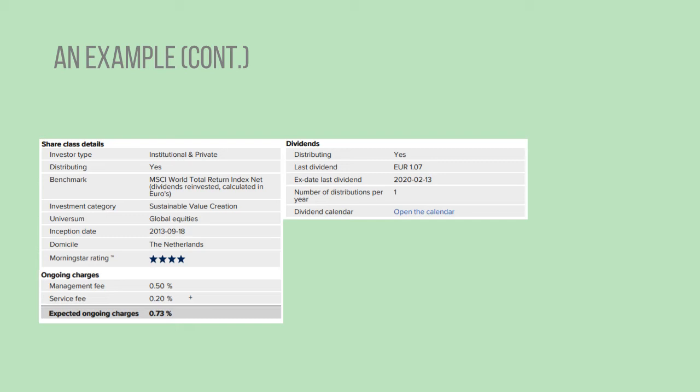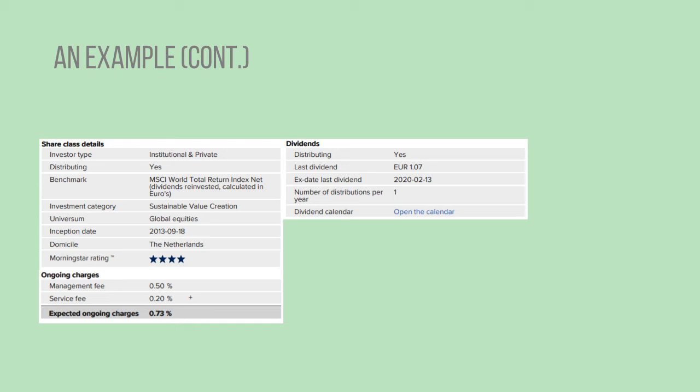So just quickly looking over the most important things, this is the details of this share class, and as we saw, there's only one share class, so if you buy shares, you can see that's both for institutions and private, and you'd be a private investor. It's distributing, which means you receive the dividends of their holdings, so whenever the stocks that this fund holds pay dividends, you will receive those dividends once a year. They'll collect them for you and give them to you.